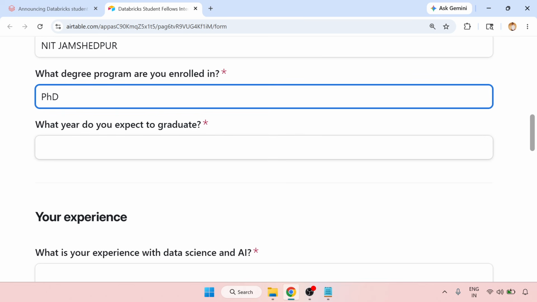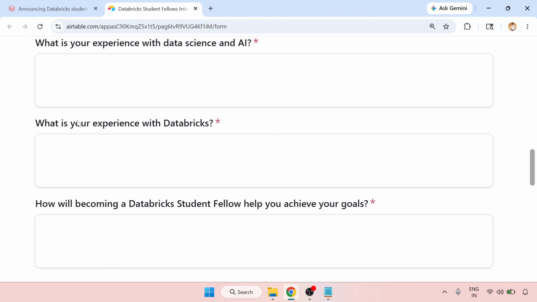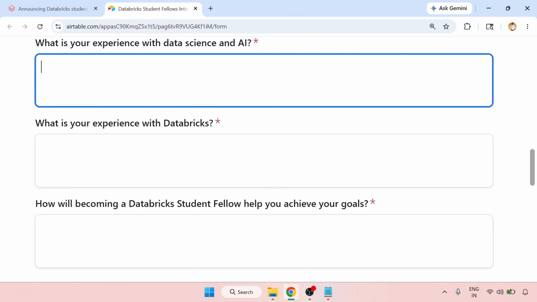What year you expect to graduate. And your experience in data science and AI. I'm writing something: experience with data science and AI